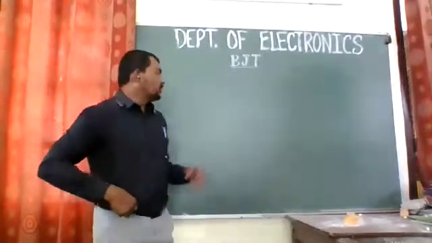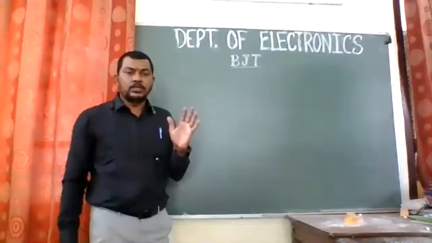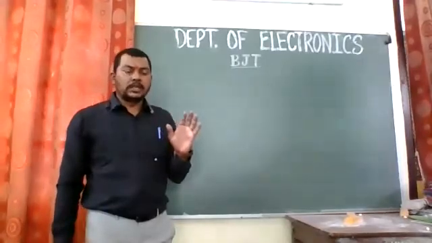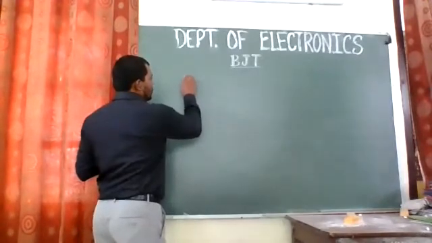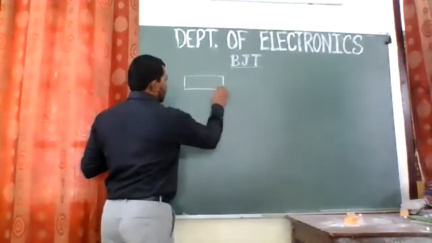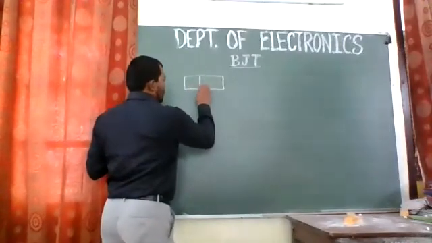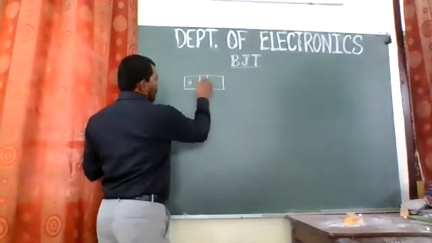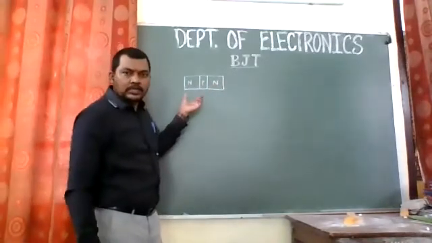Now, as you know, there are P-type and N-type semiconductors. Actually, they are extrinsic semiconductors, so you understand what it means. When one extrinsic semiconductor is sandwiched between the other type of semiconductor, then the transistor is formed. On that account, I will have two types of transistors. So NPN, right?